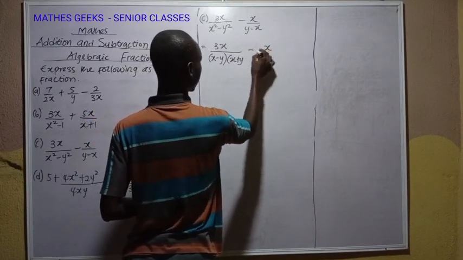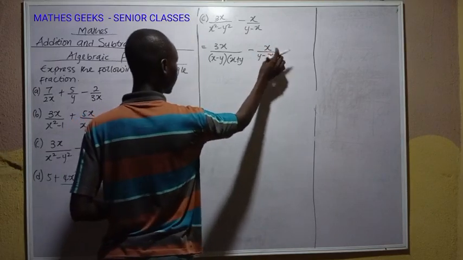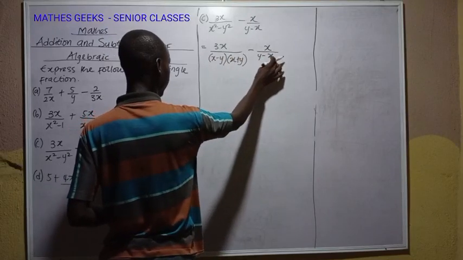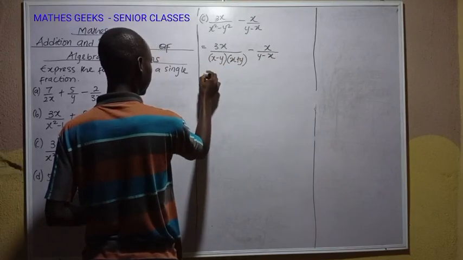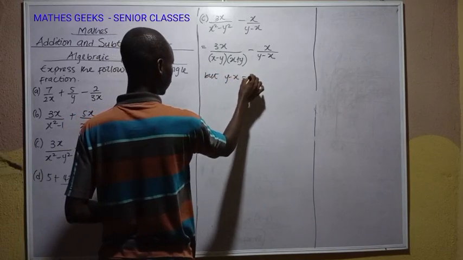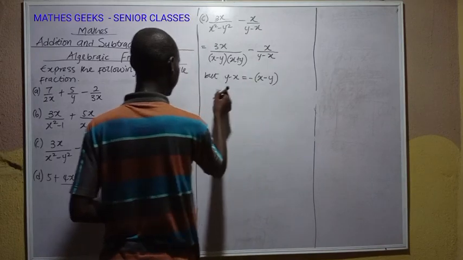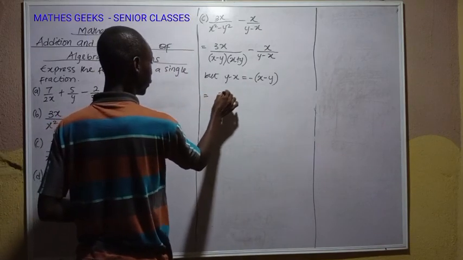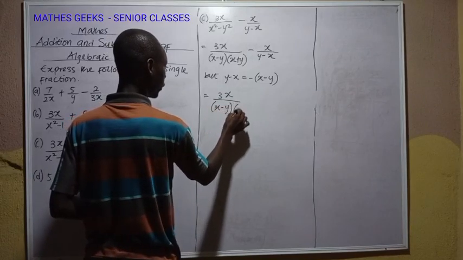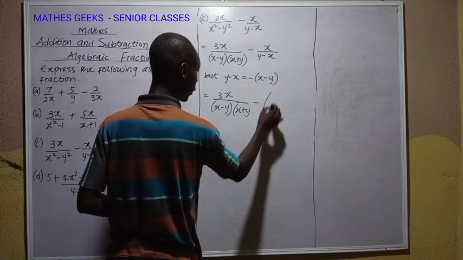Now this part is the reverse of what we have here. Here is y minus x and this is x minus y, so we're going to say that y minus x is equal to minus of x minus y. So put this here. So 2x over x minus y and x plus y minus